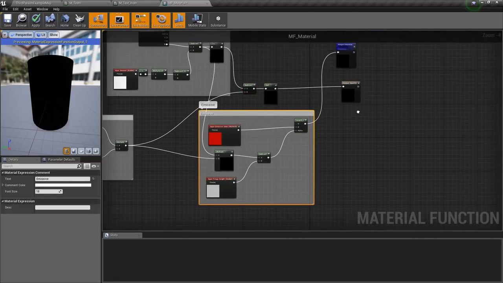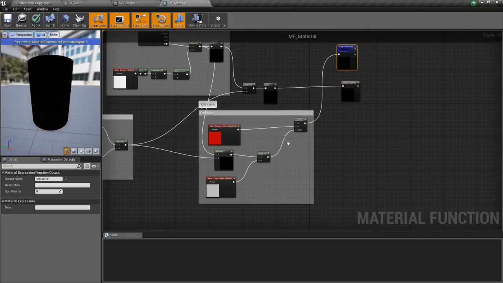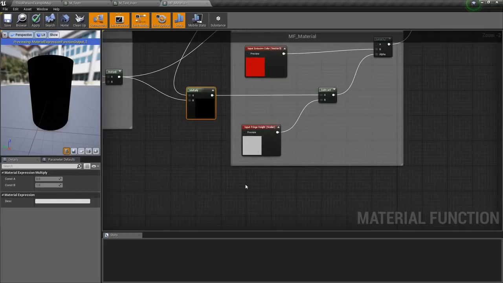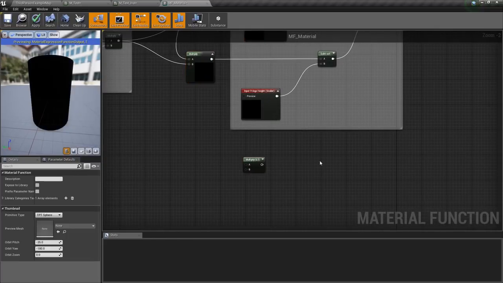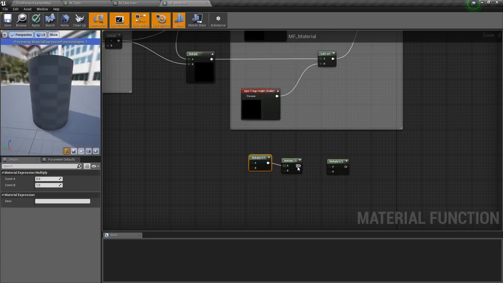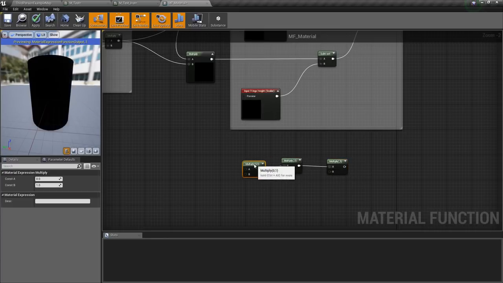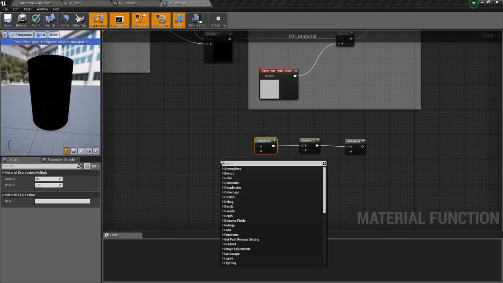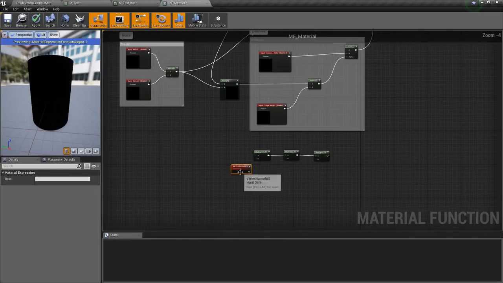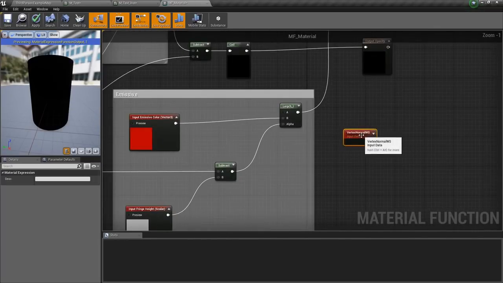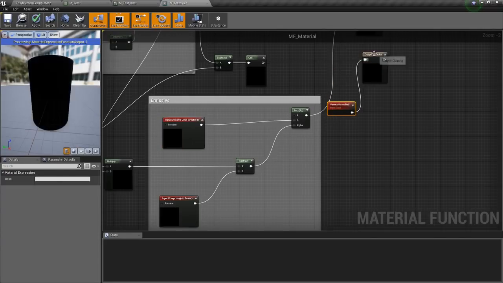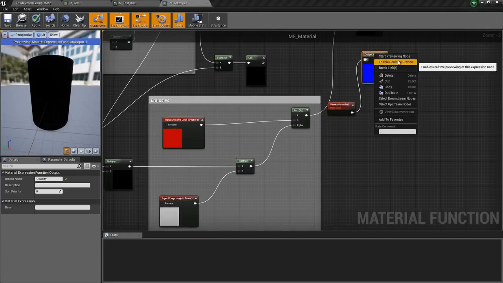Now to control the world position offset of the mesh, we will just drag this here, and we will create 3 multiplies like this and connect all of this to the A, then get a vertex normal, and if I connect this vertex normal to this output and start previewing,